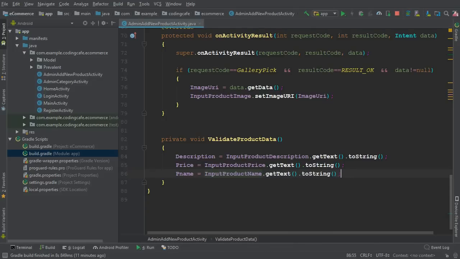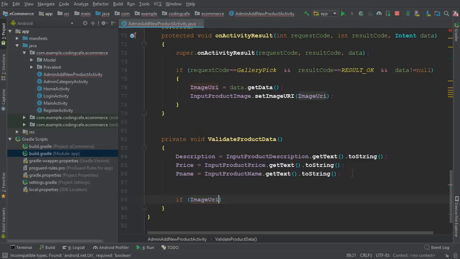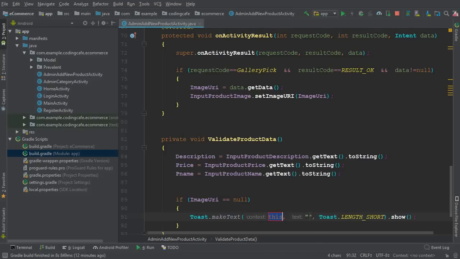So yeah, that's it. Now we have to verify, so we can say if first we have to check the image, so we can simply say image URI. If it is equals to null, which means that is if the user do not select the product image, then we must tell the user that product image is required. Okay, so here you can simply tell, to the admin we will tell this. Okay, admin will basically add products for now, so we can simply say product image is mandatory,